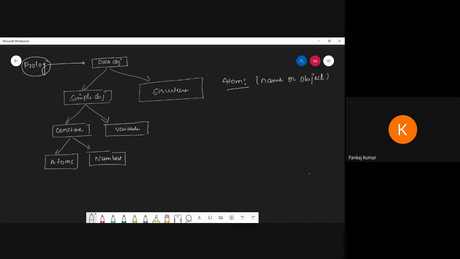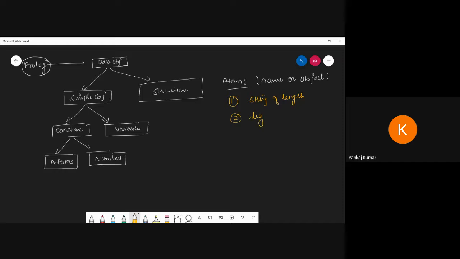So rule number one: a string of length. It may be a string of length. Rule number two to define this atom: digit and the underscore character.